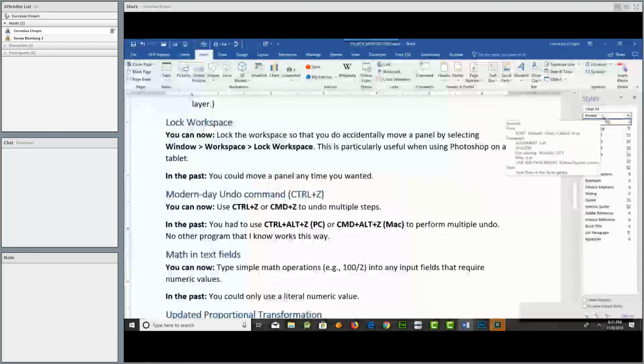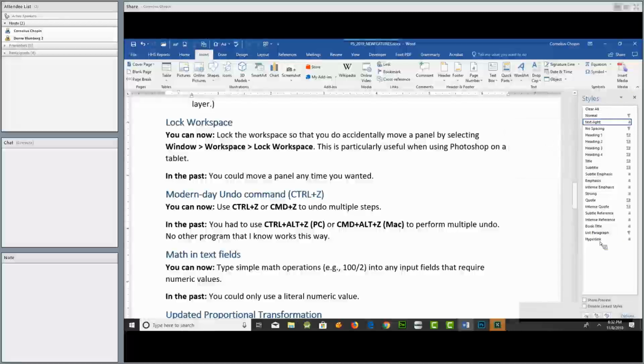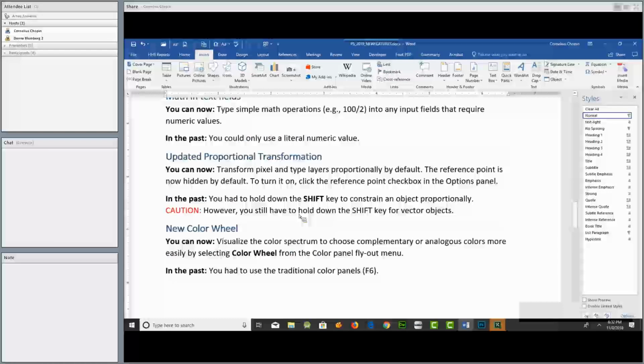So again, nothing major here, but there may be some needs every now and then. An old adage: rather have and not need than need and not have, can come into play in these cases. Okay, so another interesting